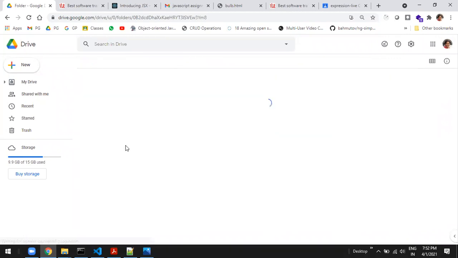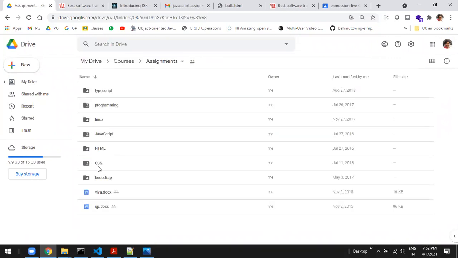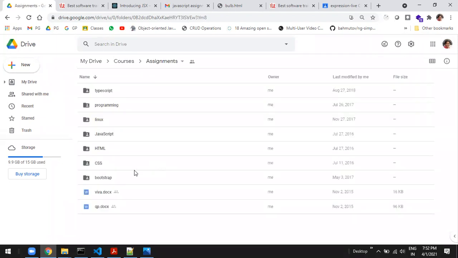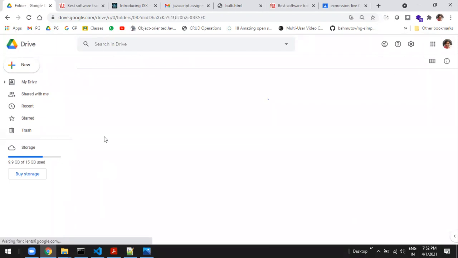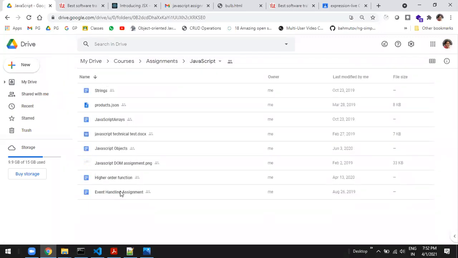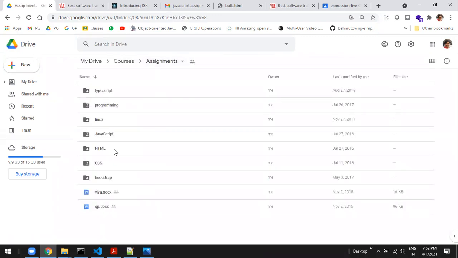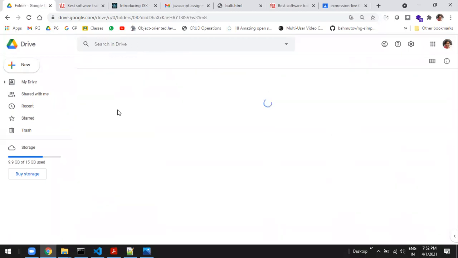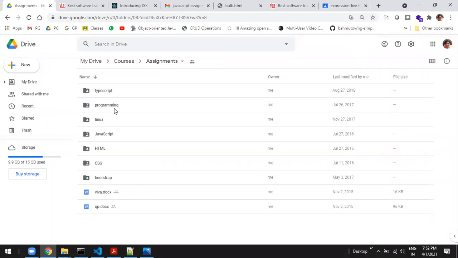Okay, this is HTML, and CSS also you have a separate story. You will see that I will give you the access of all those data. But now let me go to my JavaScript. So these are all purely on JavaScript. For example, DOM assignments, I will show you what kind of DOM assignments. Before that, I would like to show you assignments in a programmatic manner.